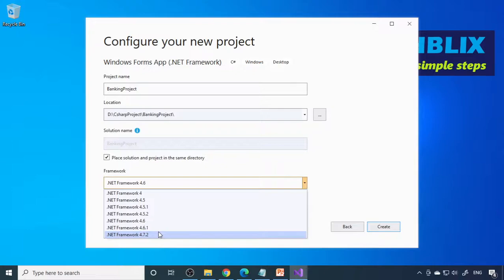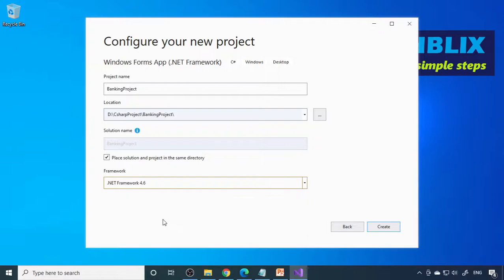Next is the framework. Here we have different frameworks, and if you want to distribute this project to different systems, you can always use the lower framework. Therefore it will work in every system, that means if the framework is already there in their system. Because if they have installed the lower edition, it should work on the lower edition, so then you have to select the lower edition. Otherwise, if it's only for practice, it doesn't matter. You can select any version, and it will do the job. I'll select 4.6.